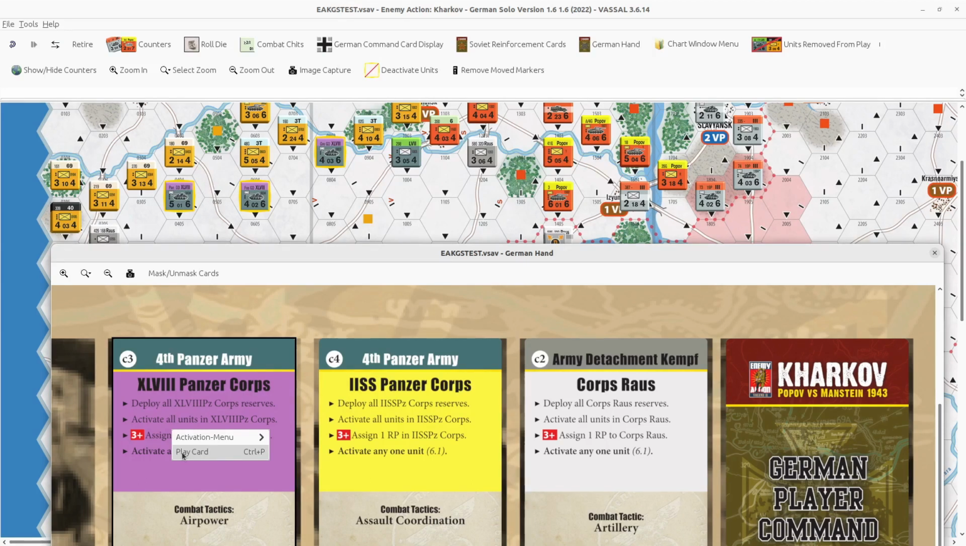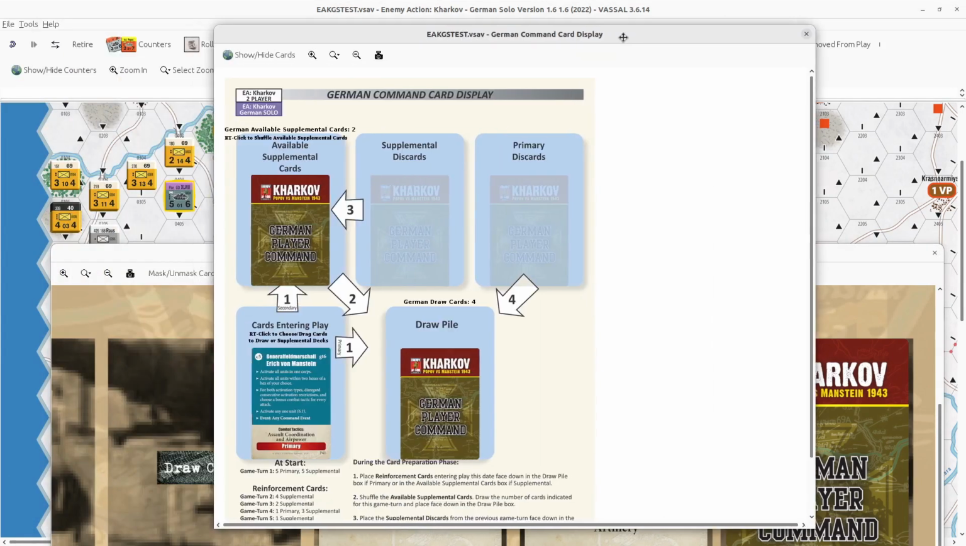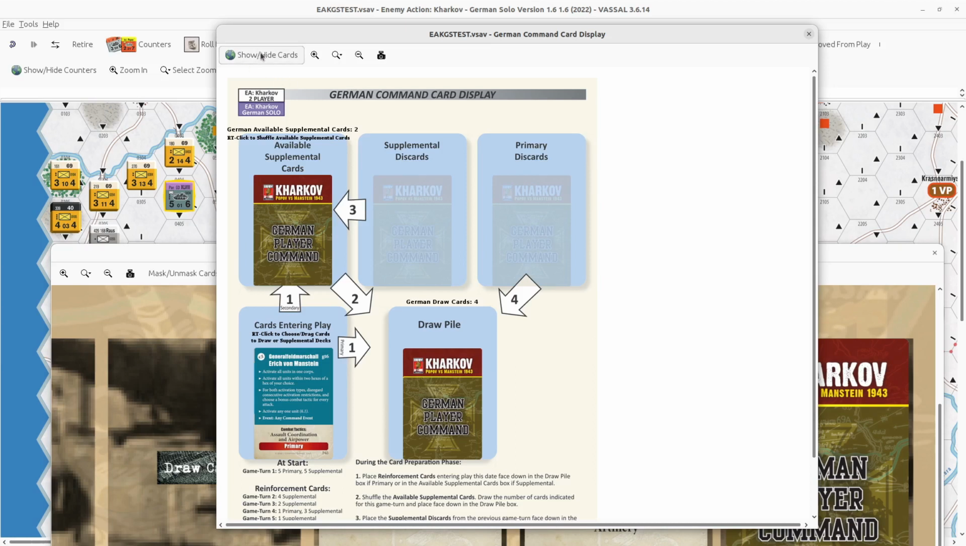and we can do it after or before we do this. And I don't know, as long as one is consistent, I don't think it really matters. I prefer to do it now since I have already activated my units. I press play card and this goes away, and if we open the German command display, now we can see that